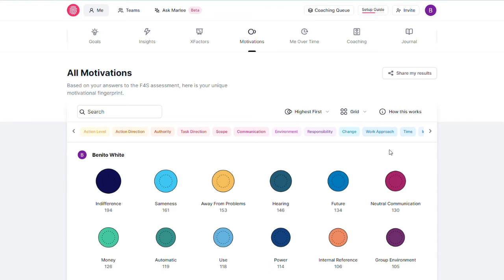As you can see, this is so much fun to play around with, but it's also extremely powerful. Because once you identify these motivational outliers, you then have an idea of what strengths you might bring to a multicultural work collaboration, as well as some areas that could potentially produce friction if not addressed.